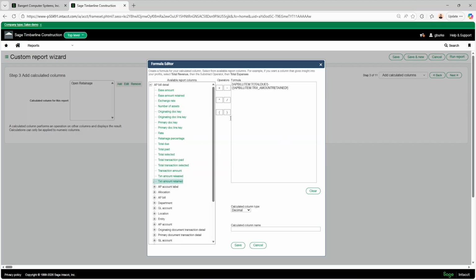Amount retained minus amount released. So if the bill's been paid off, but there's still $300 retained, this new column will show $0 instead of the $300 that the total due originally showed. We'll call this column total due, not including retainage, and save.